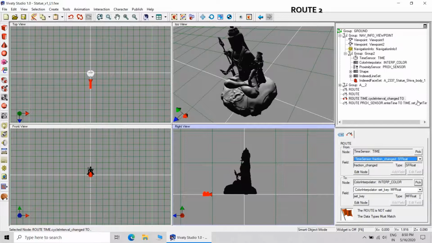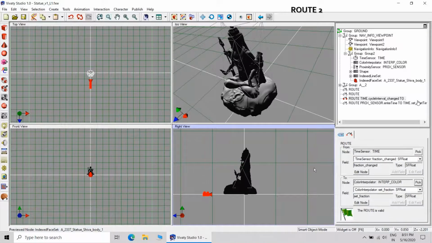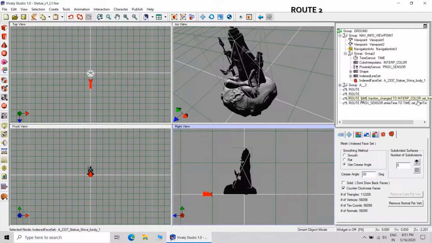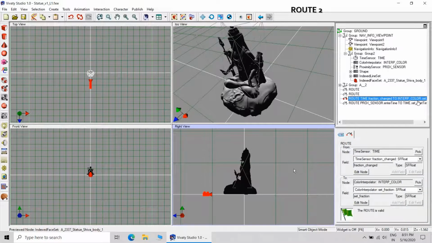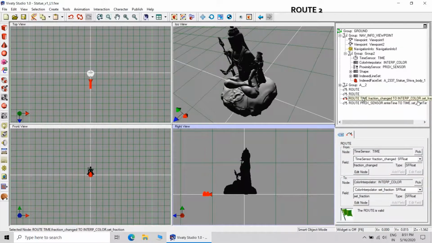Time sensor fraction change SF float, SF float. That completes the creation of root number 2. This is the root number 2.